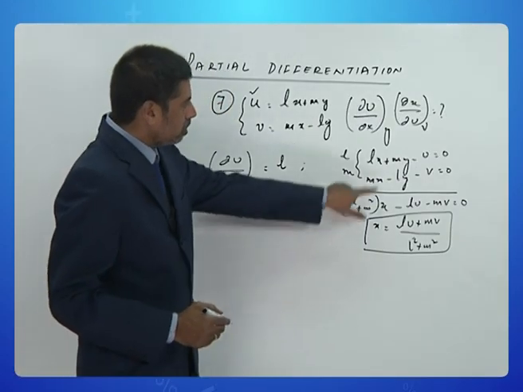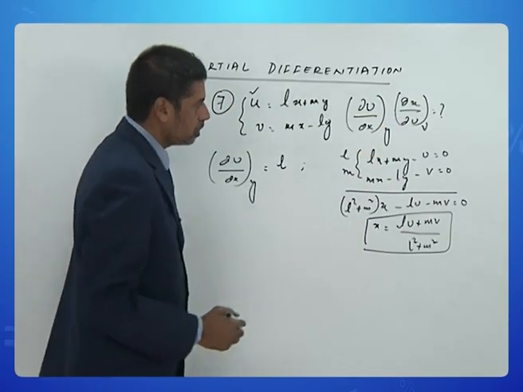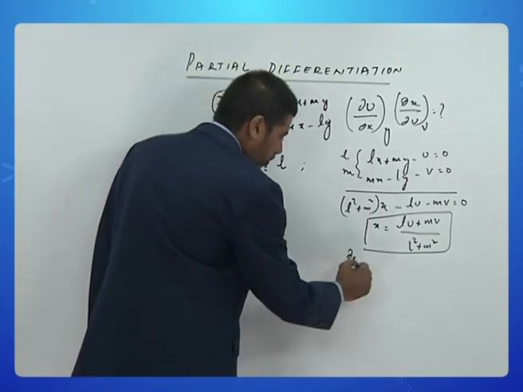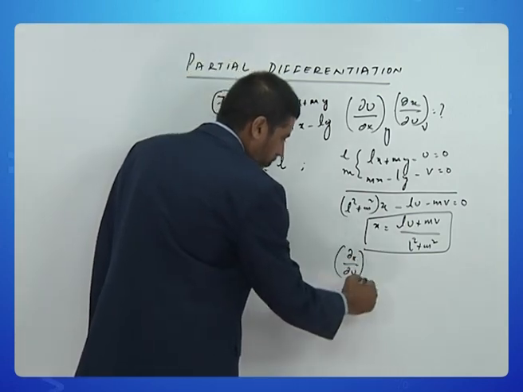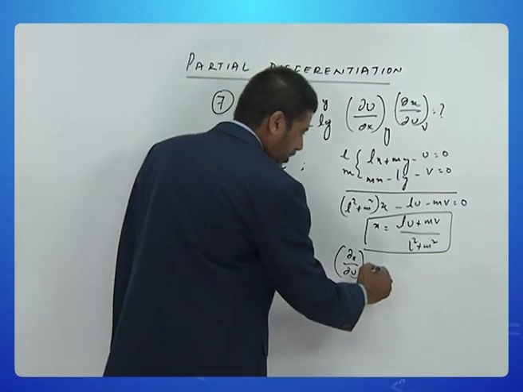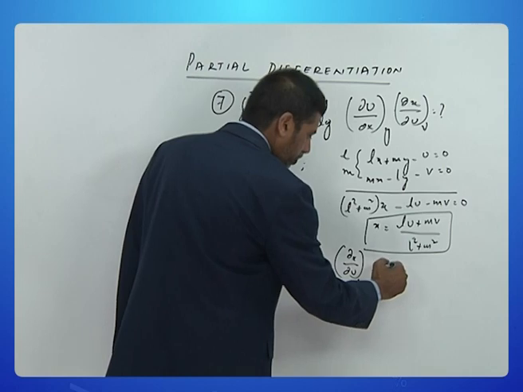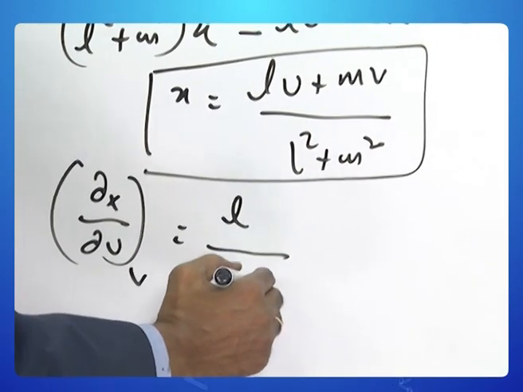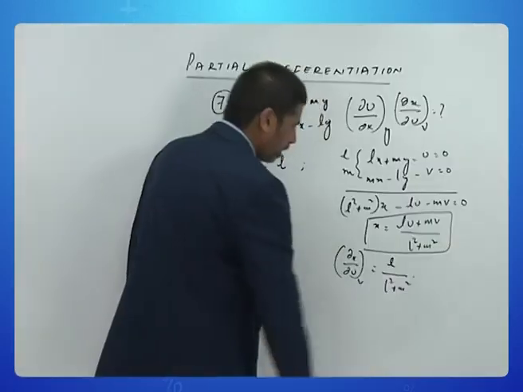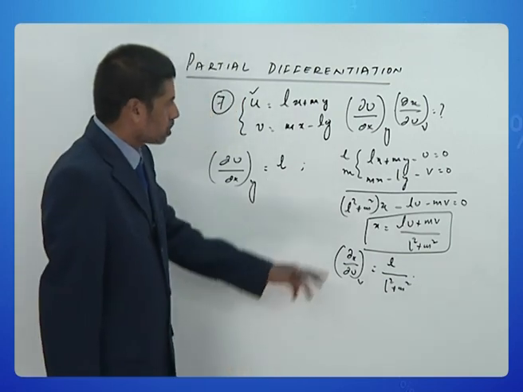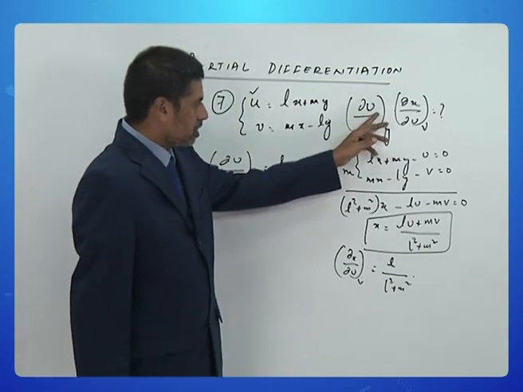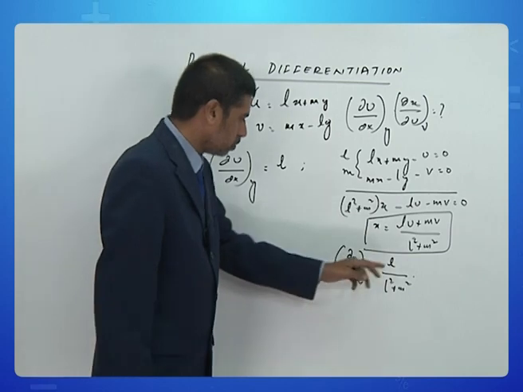Once this is available, we can find out ∂x/∂u. So ∂x/∂u with v as constant, the denominator is obviously constant, so you will get L by L square plus m square. So now we have to take the product of this and this. So the product of these two,